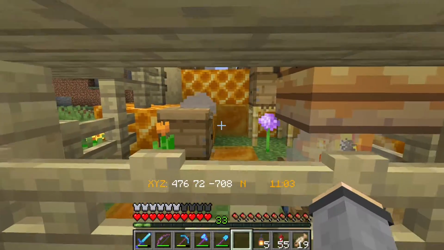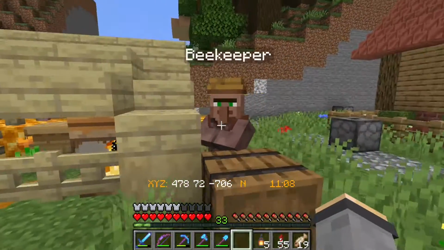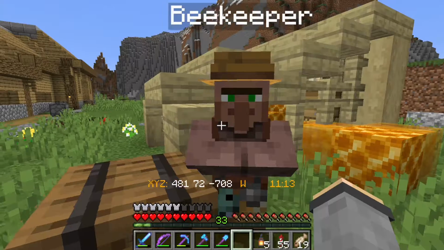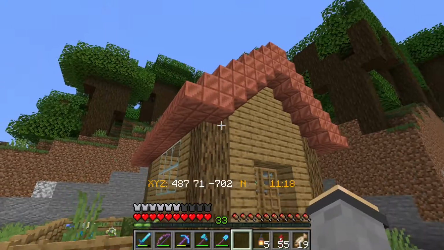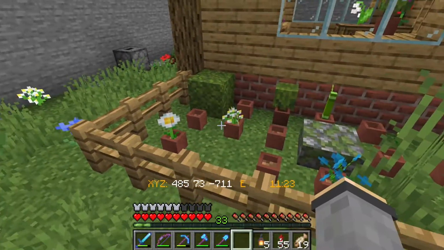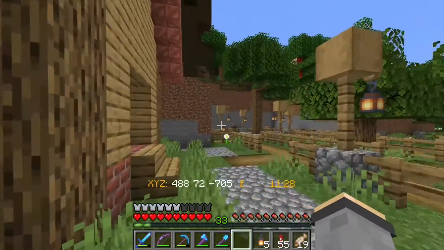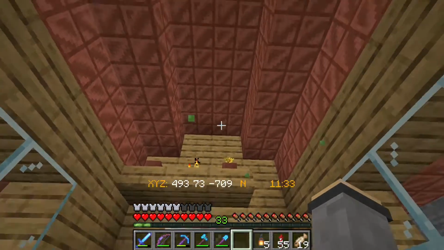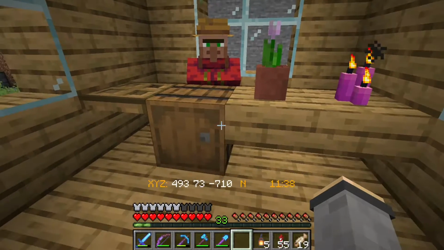And there are some bees in there, plus there are campfires under those, so we can harvest from them. And then we have a beekeeper over here who will trade us for honey, so that's pretty nice. And then lastly, we have the flower shop, and we have this nice little garden here with a bunch of different potted plants. And if we go inside, we've got some candles, we have another spore blossom up there, and